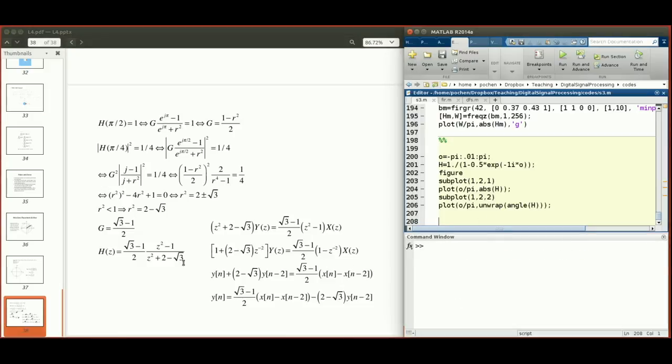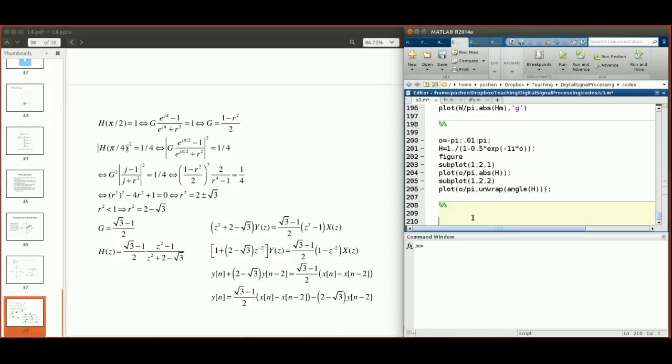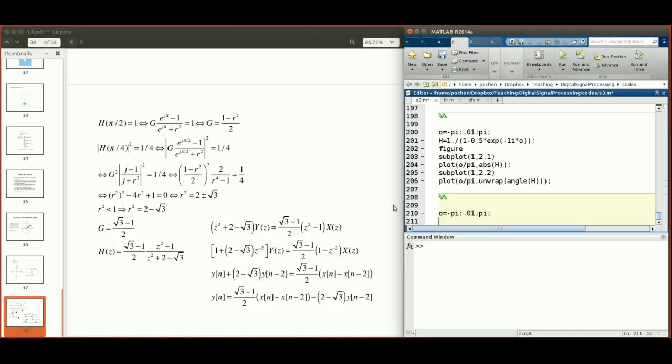So now let's look at this particular transfer function in Matlab and see if it's indeed what we wanted. We're just going to reuse the S3 script. So now let's type up this transfer function as a function of frequency. Let's say omega goes from minus pi to pi in steps of 0.01, and then big H equals square root of 3 subtract 1, and the whole thing divided by 2,